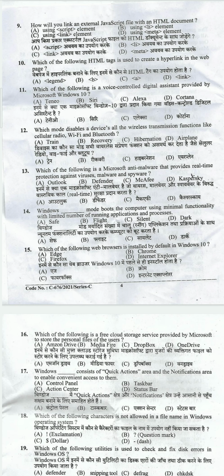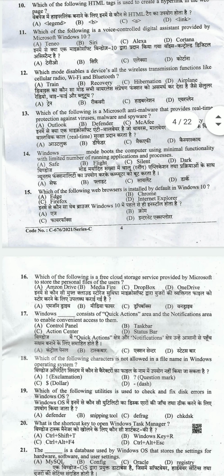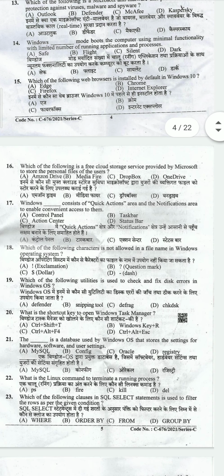The next question, question 14. Windows fill in the blank mode boots the computer using minimal functionality with limited number of running applications and processes. The answer to this question is A, safe. Question 15. Which of the following web browsers is installed by default in Windows 10? The answer is option A, Edge browser. Question 16.